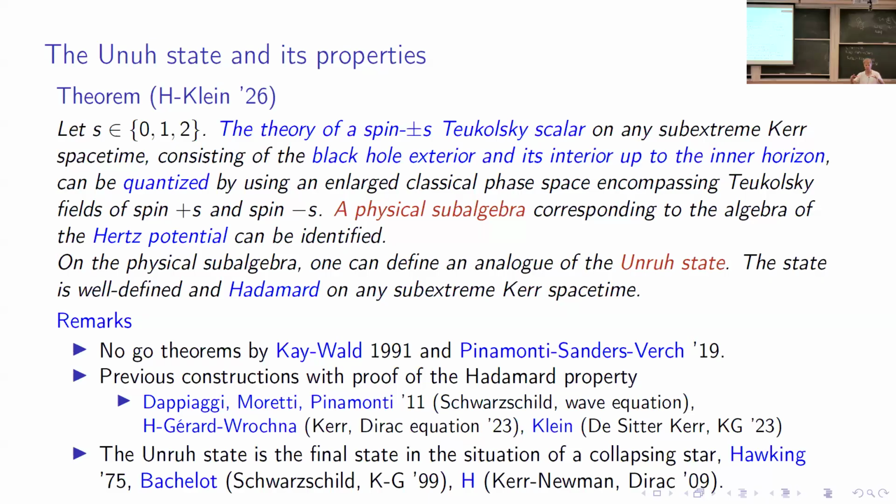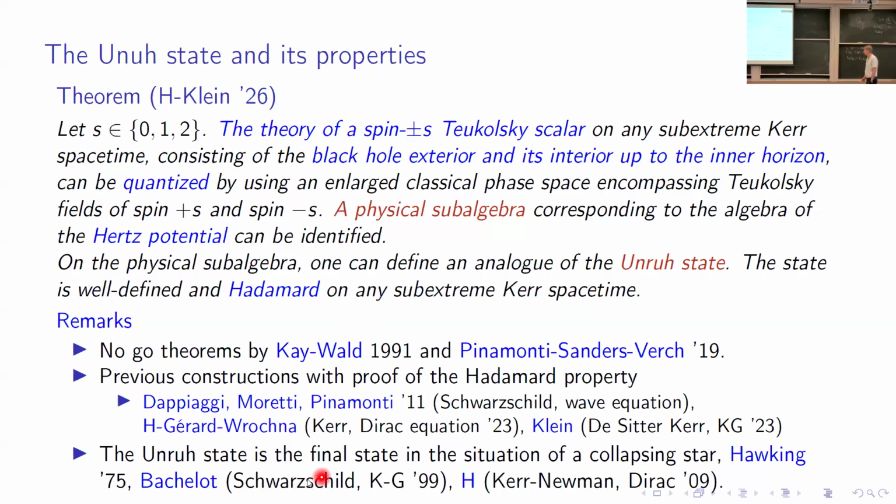What you have to do really is to separate your solution into one part which goes to the horizon and one part which goes to null infinity with the scattering, and then you choose different vector fields. So it's not really constructed with respect to a single Killing vector field, as was supposed in these theorems, but to several, and you have to split the algebra. And then there's a story about that, Pinamonti, Moretti, Pinamonti, myself, with Christian Gérard, Michal Wrochna, and Klein. And